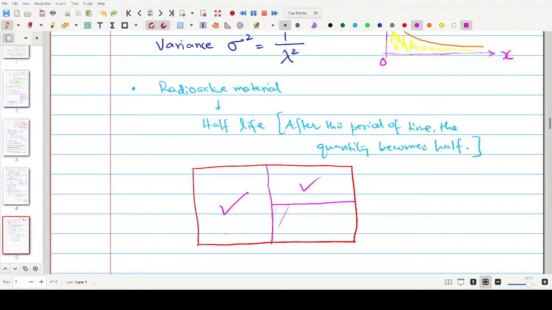And then again, after the next 5 minutes, you are left with this shaded region. And again, after the next 5 minutes, you are left with this shaded region. So after 20 minutes, what is left is this small part on the bottom right corner. So this is left after 4 half-lives,